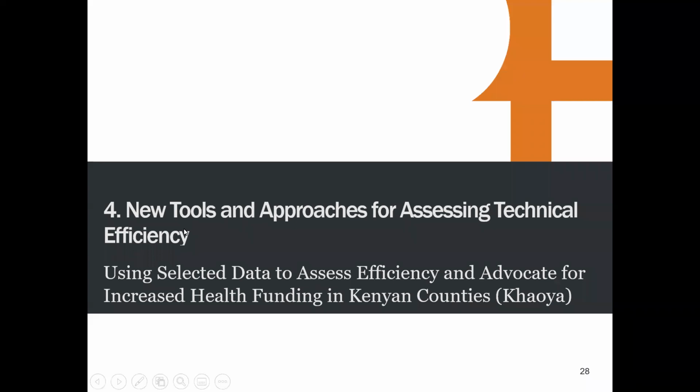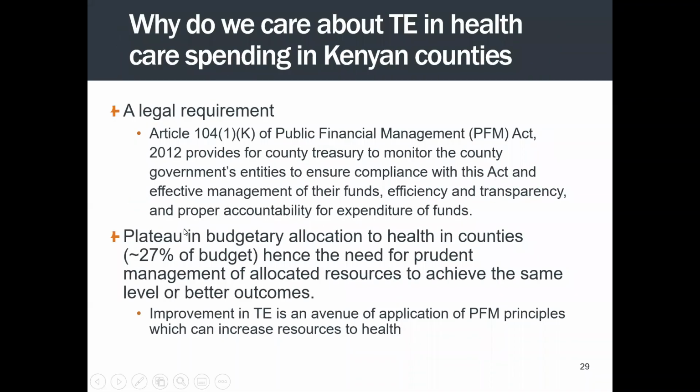So it's a legal requirement for counties in Kenya to spend public resources efficiently and transparently, and this is provided for in an act of parliament where there's an article that actually stipulates who should monitor this. Another thing which we have